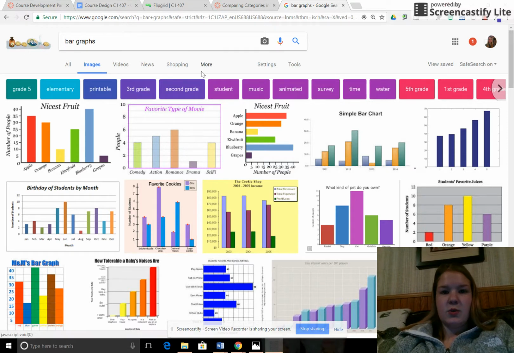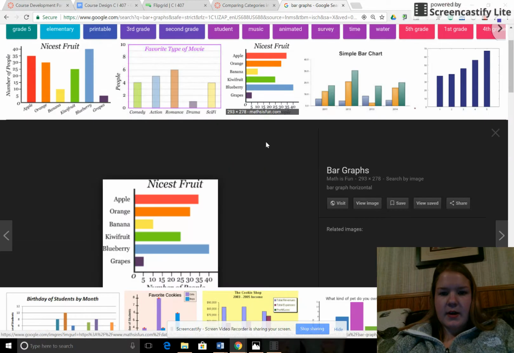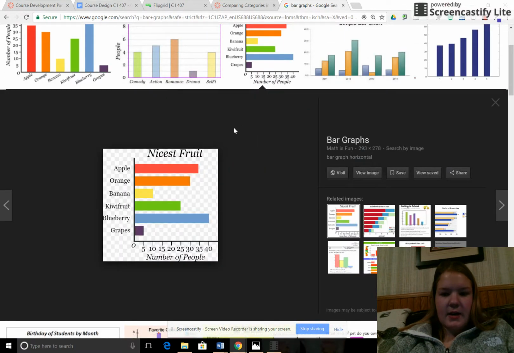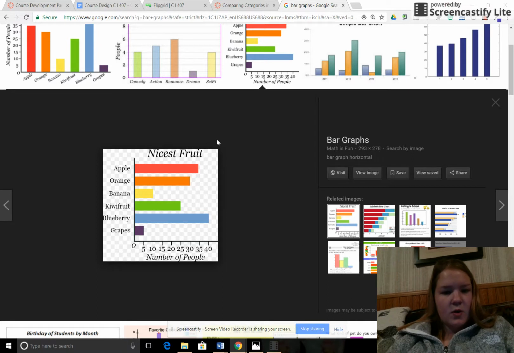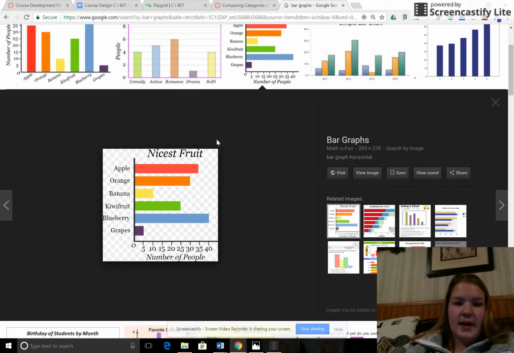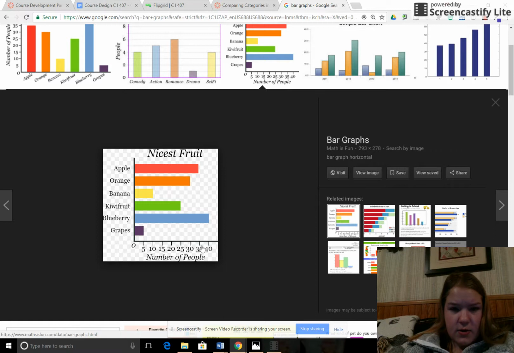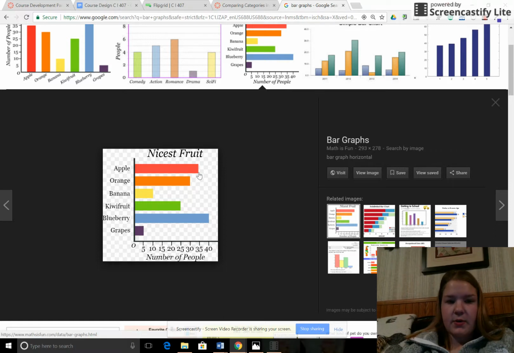So I just went to Google and I typed in bar graphs and went to Google Images. If I click this graph here, I see it says nicest fruit. So this is just the number of people who thought each fruit was the nicest. I know it's kind of weird, but we'll just go with it. So I can see here that 35 people thought apples were the nicest fruit, and 30 people thought oranges were